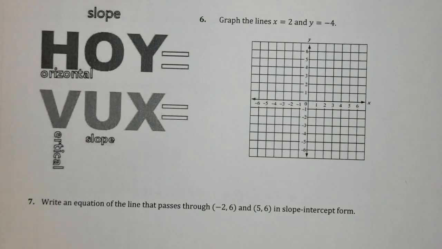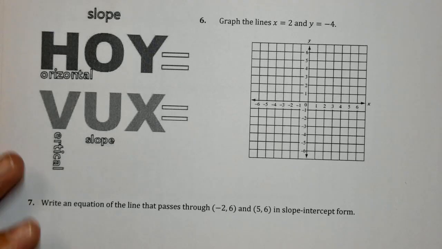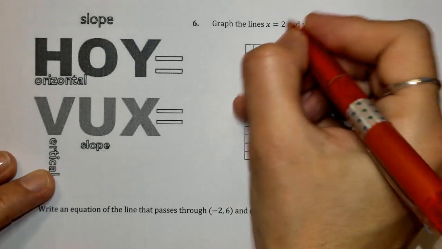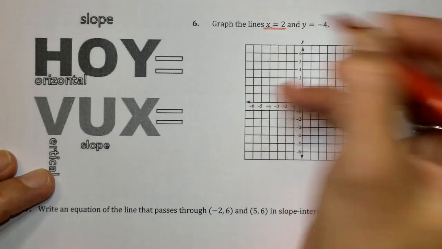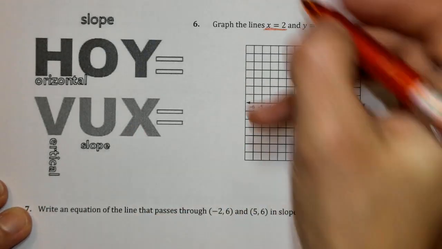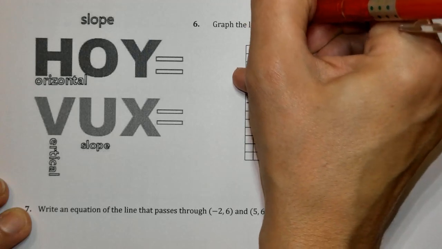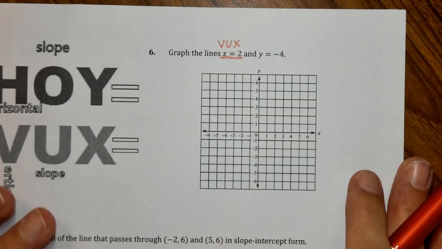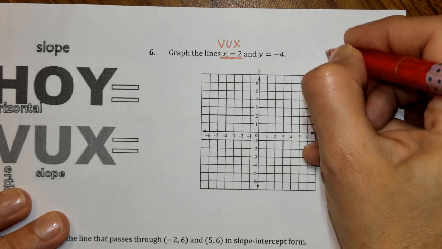All right, now we're going to talk about Vux and Hoy, or Hoy and Vux. When we have x equals a number and y equals a number, we're going to have this Hoy and Vux. X equals a number is going to be the one with the x, Vux, V-U-X. And there's a place where you can write everything in here. I'm going to write completely off to the side here. Vux,